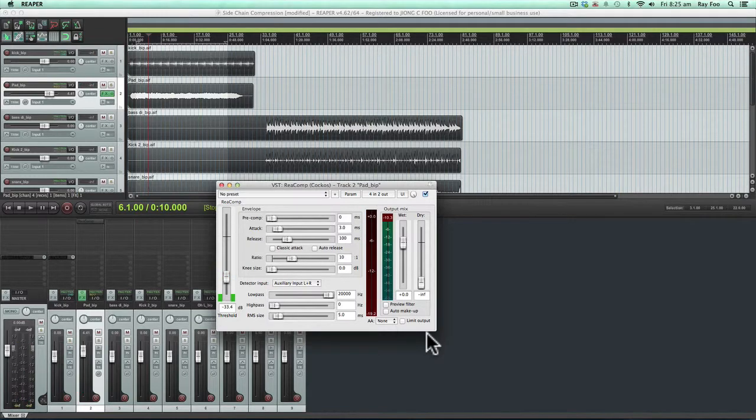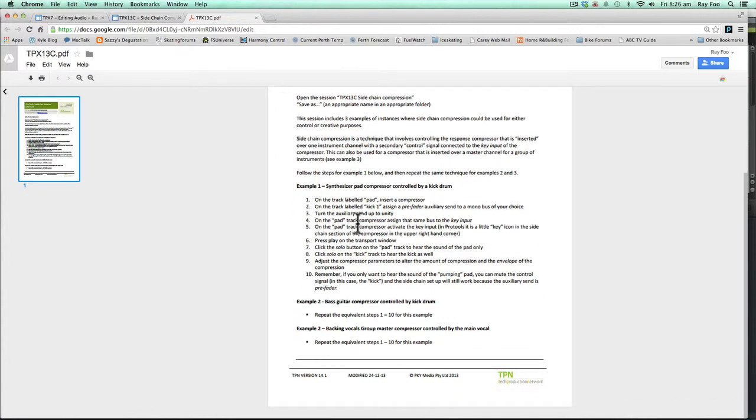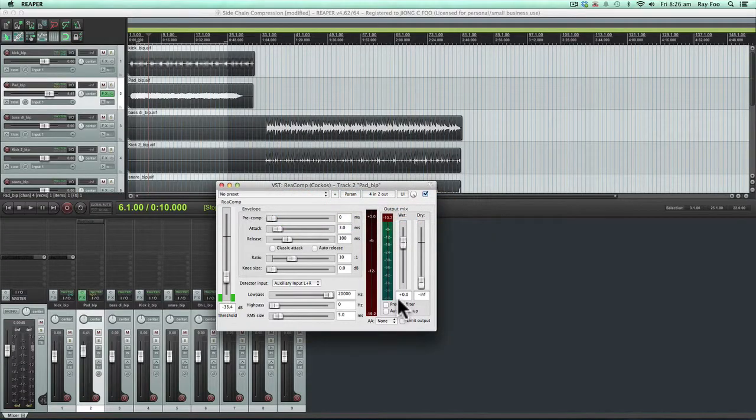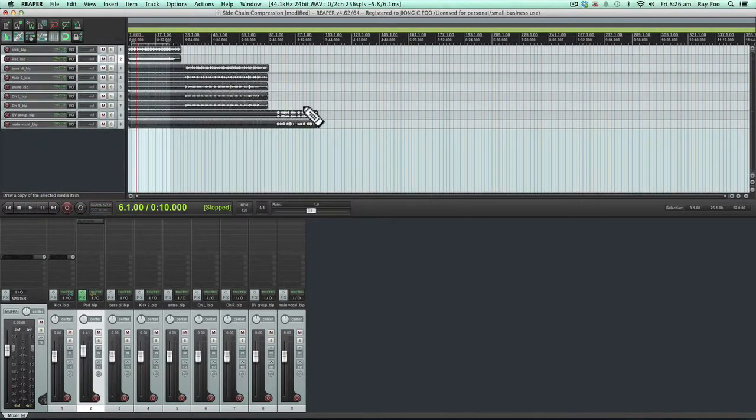Once you've done that, you go back to the task sheet and see what it says. This session includes 3 examples of instances where sidechain compression could be used for either control or creative purposes. Sidechain compression is a technique that involves controlling the response of a compressor inserted over one instrument channel with a secondary control signal connected to the key input of the compressor. This can be used for a compressor inserted over a master channel for a group of instruments. Follow the steps for example 1 below and then repeat the same technique for 2 and 3. So what I'm going to do is when